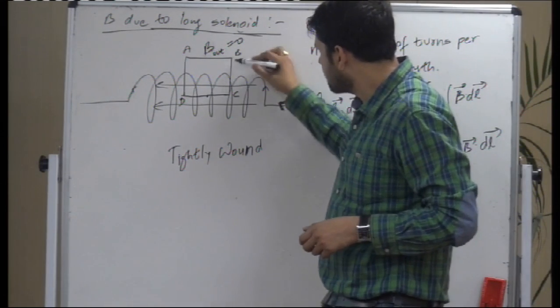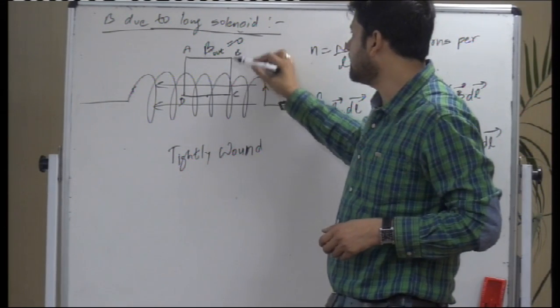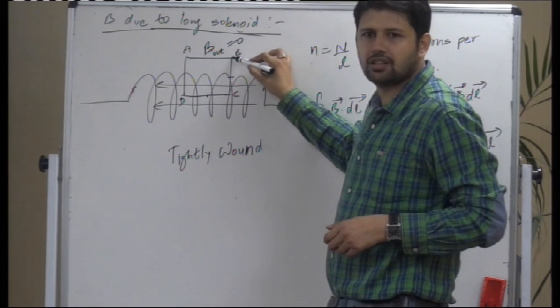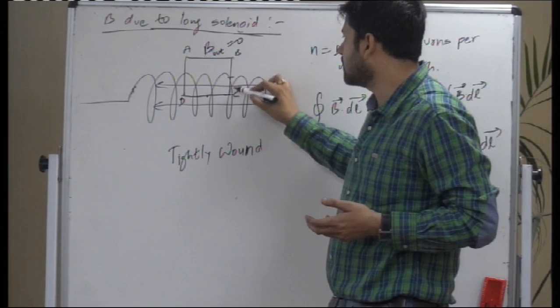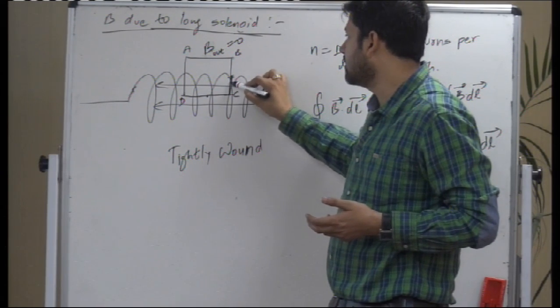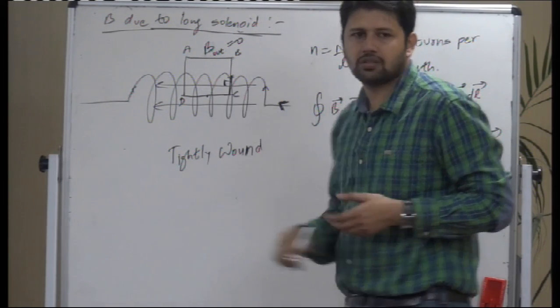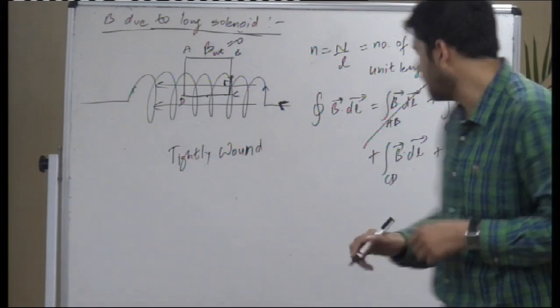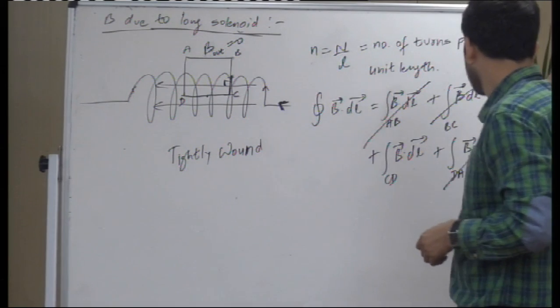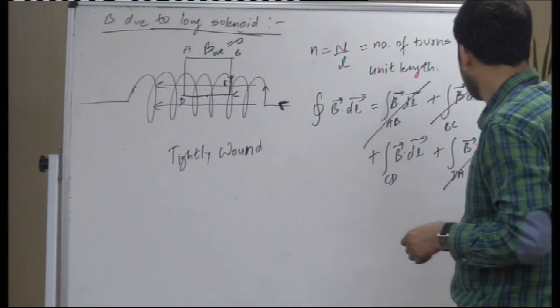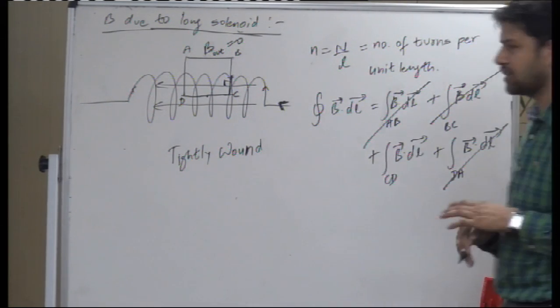For BC, some portion is outside, so the line integral is 0. Some portion is inside, for which the direction of dl and the magnetic field are perpendicular to each other, 90 degrees. Again, this goes similarly for AB, for AD, for DA. For CD only,